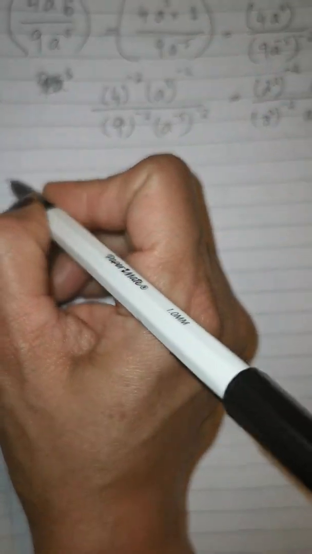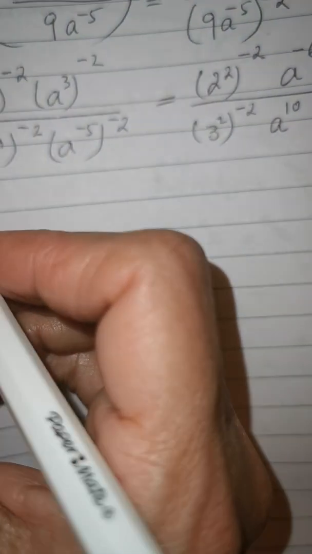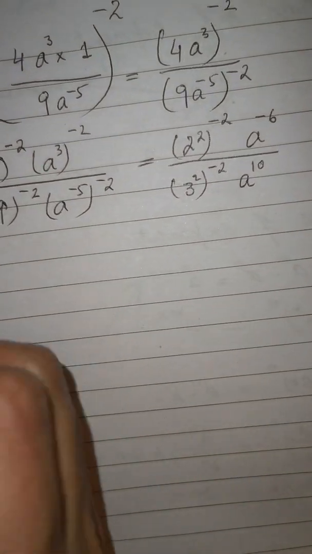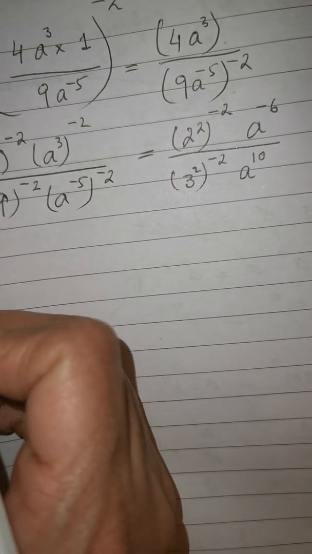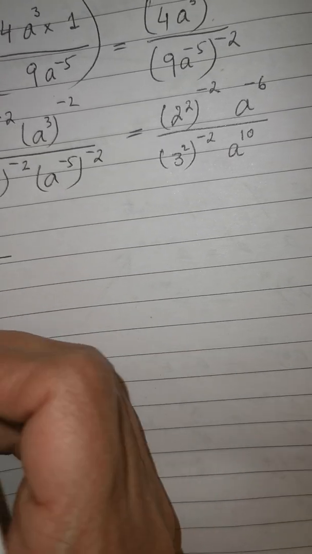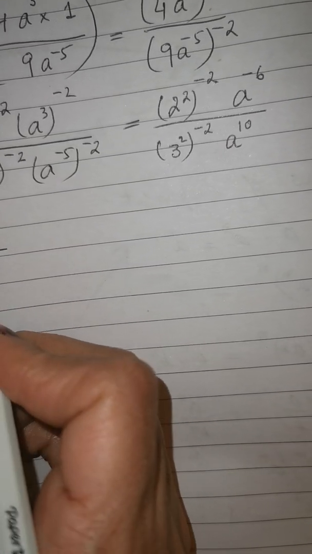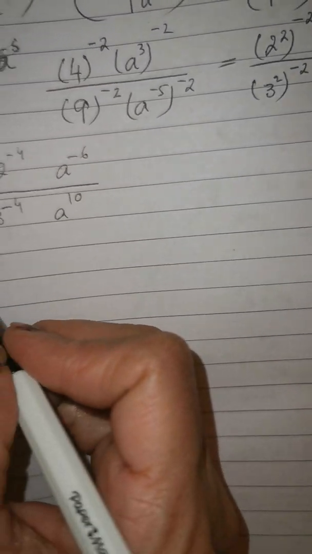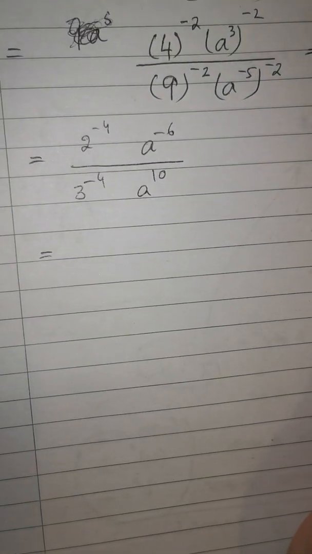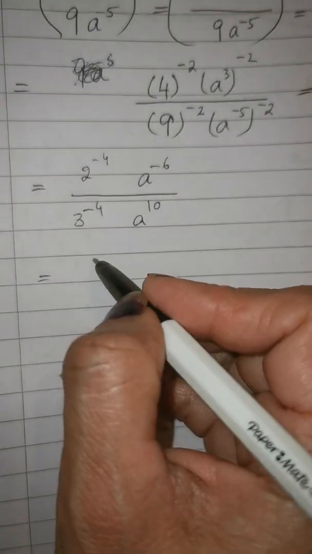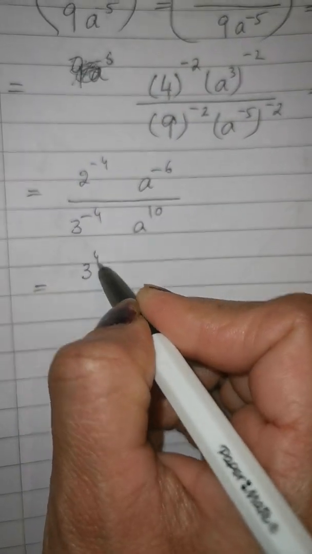And now next step, 2 power 2 whole power minus 2. When you simplify this, it will give you 2 power minus 4 and a power minus 6, divided by 3 power minus 4 and a power 10. Now I want to change the negative sign into positive sign. So what I will do, I am going to make the denominator